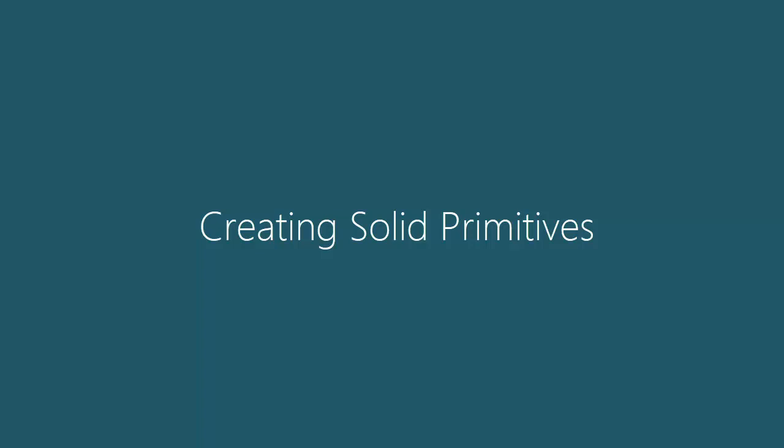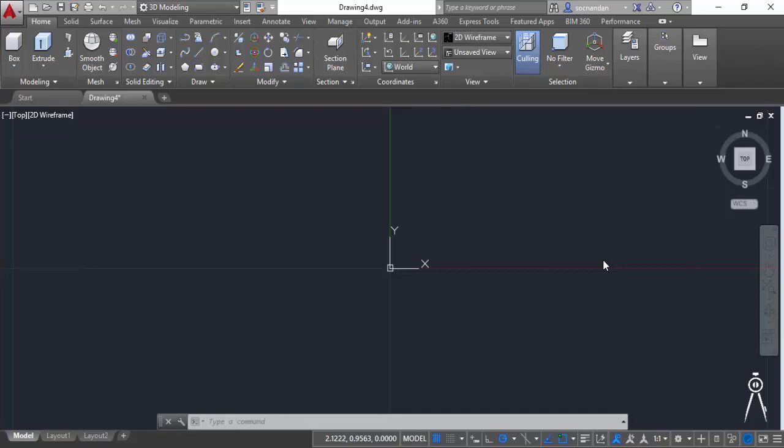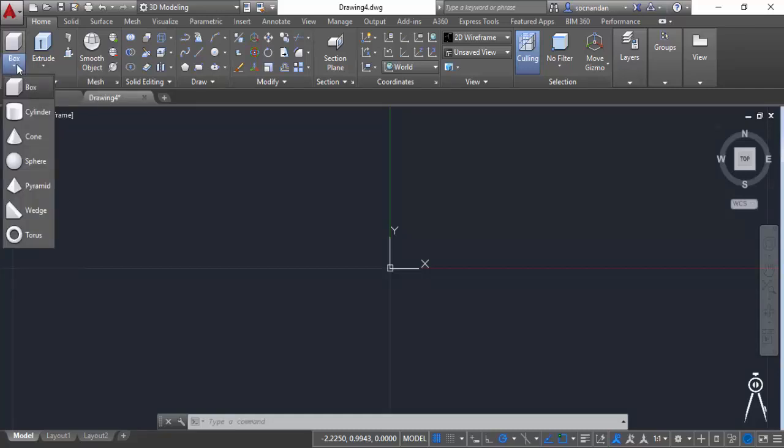In this lesson, I will tell you about solid primitives of AutoCAD 3D. Solid primitives are some predefined shapes in AutoCAD which can be made without using any 2D geometry. You'll be able to see these solid primitives on the Home tab modeling panel. From here, when you click on this box flyout, you'll see the list of solid primitives that